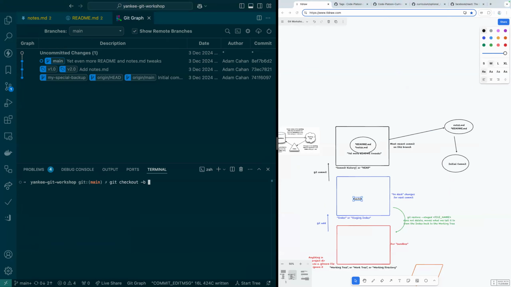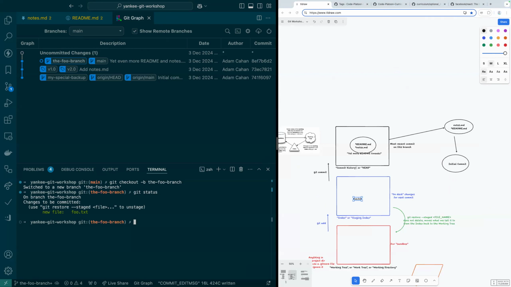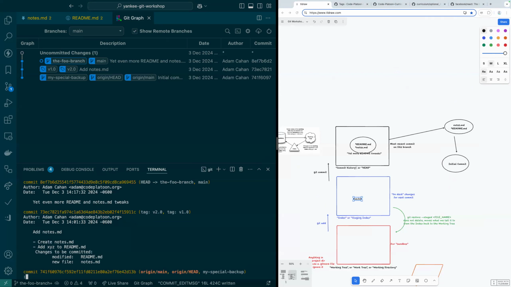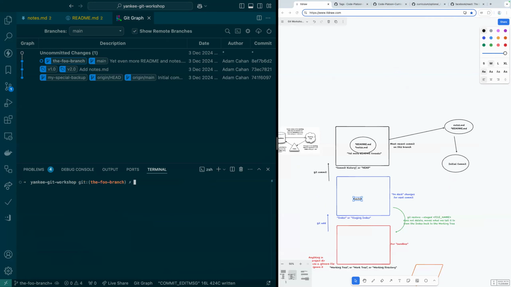And we'll just call this the foo branch. So nothing has really changed. My main branch is the same. If I do git log, I see the head is still the same, but there's something interesting that's happened in